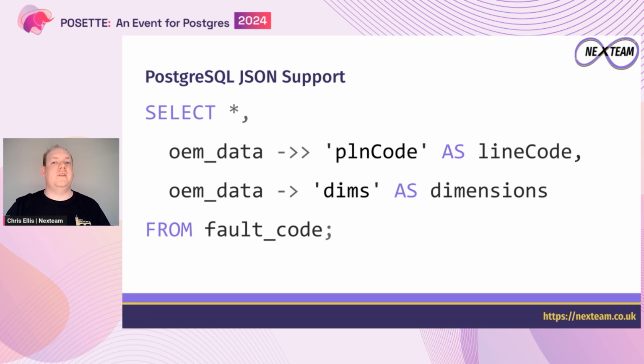That allows us to chain these operators together if we want to drill through nested layers of things. So for example, if we wanted to access the width property of the dims property here, we can just use another arrow operator. And that's very handy. We also have built-in operators and functions to deal with complete path lookups if we need. But this is just the basics.